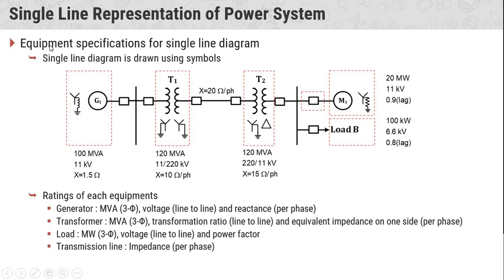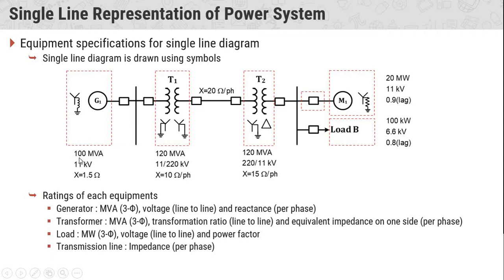Now, equipment specification for a single line diagram. A single line diagram is drawn using these symbols. The generator can be drawn with symbols. The generator symbol is this, a circle noted as G1, meaning generator 1, and the generator specification is written on